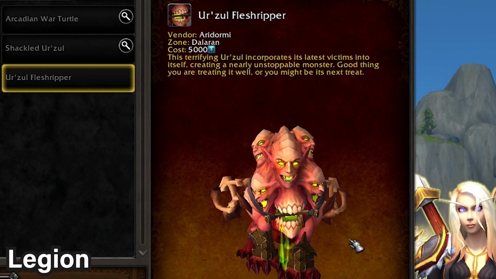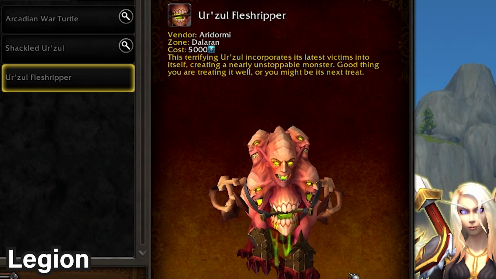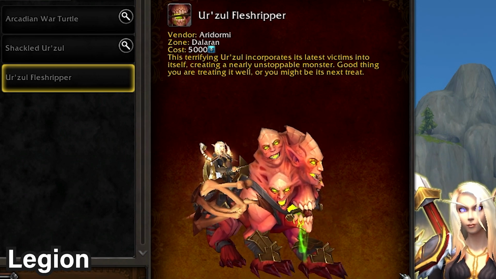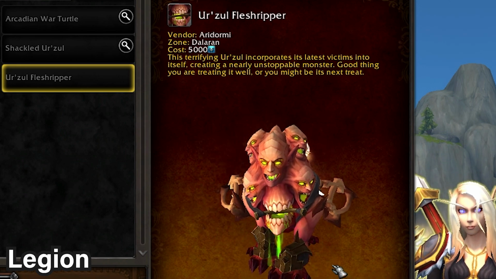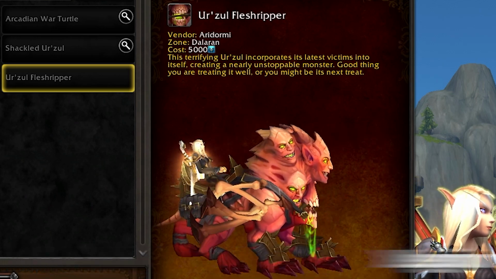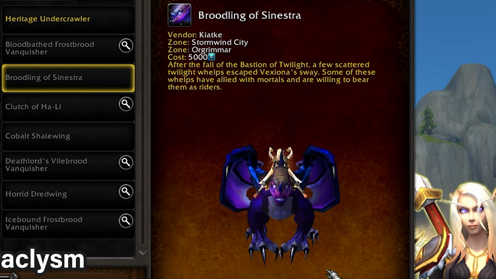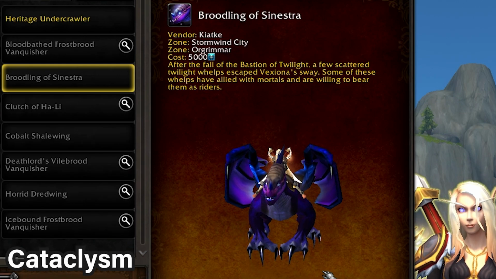Legion has a pretty cool one as well, Urzul Flesh Ripper. This is what the mount looks like. This, of course, is also going to be 5,000 time walking badges, and it is after the Warlords of Draenor, so it's going to be about 2 weeks from now when this will be available to be purchased during Legion time walking. And for the very last one, this is for Cataclysm, so it's at the 7th week,